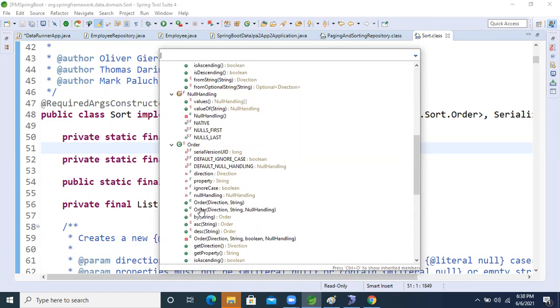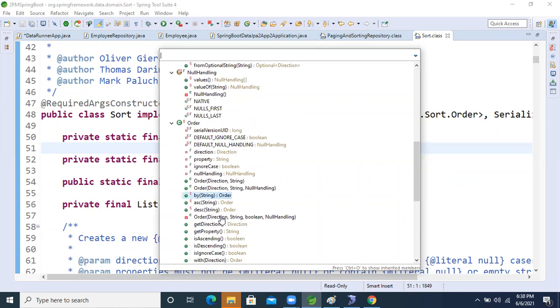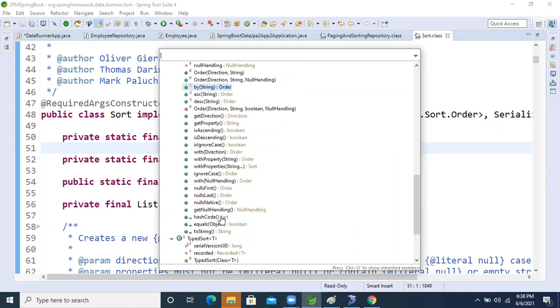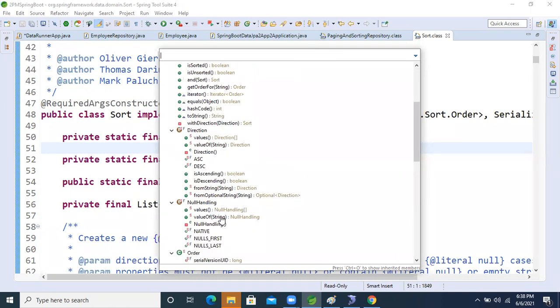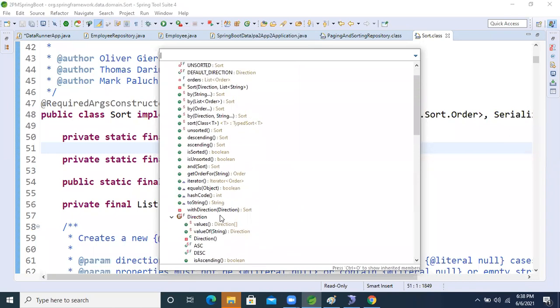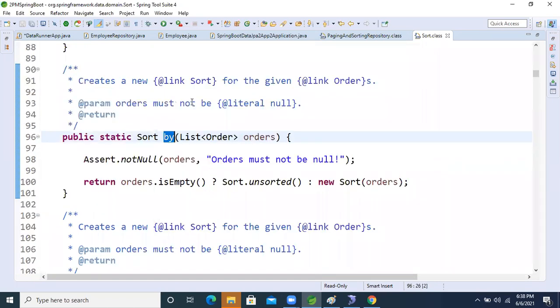Yes, this is the sort by method. Okay, correct. Copy this one, we will take this one.